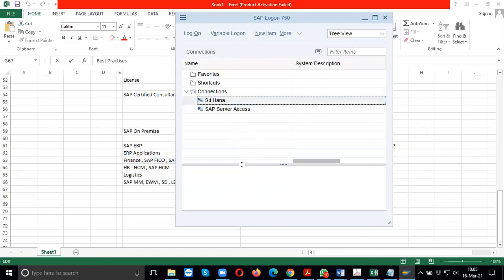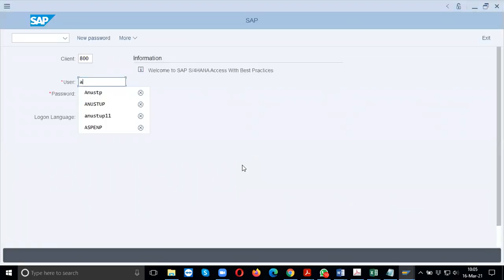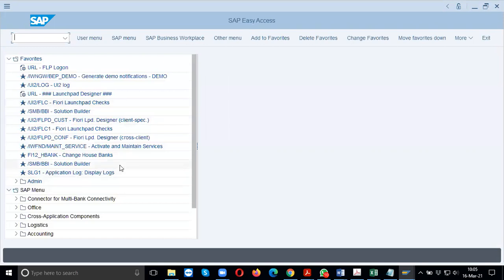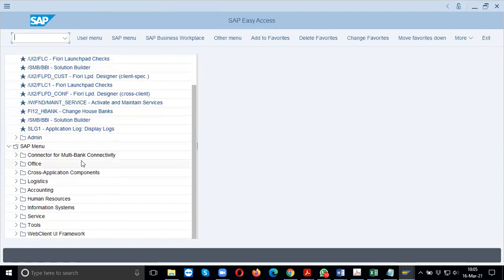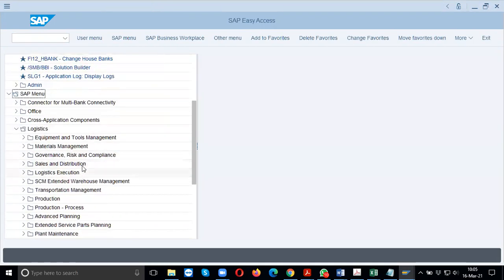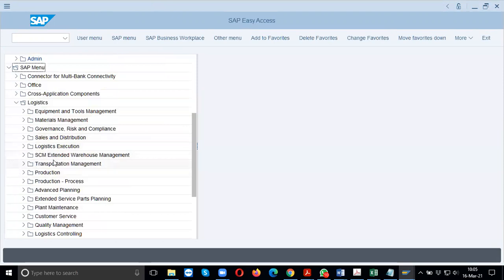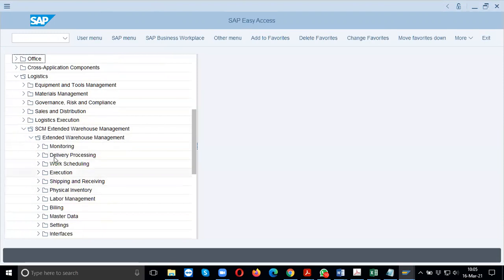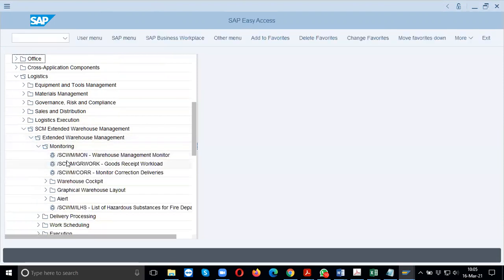Suppose you're looking for S4 HANA, and you need to look at logistics. Now you will see that supply chain management is separate here. Logistics, sales, distribution, all are different here. So in case you need to look at warehouse management, monitoring it, you need to look at the goods receipt.